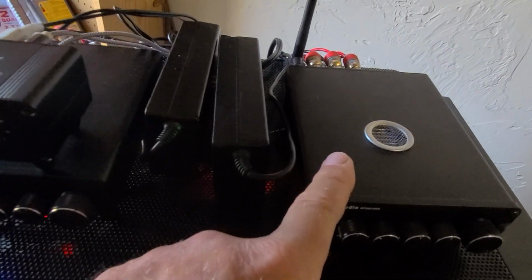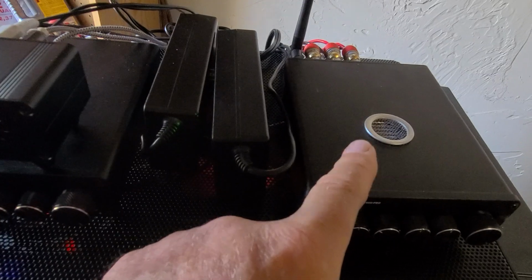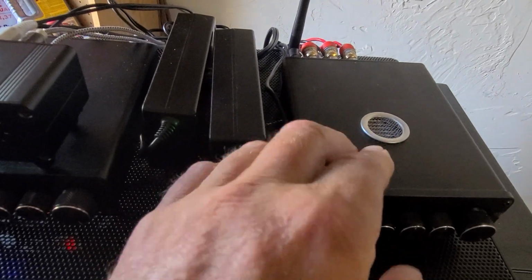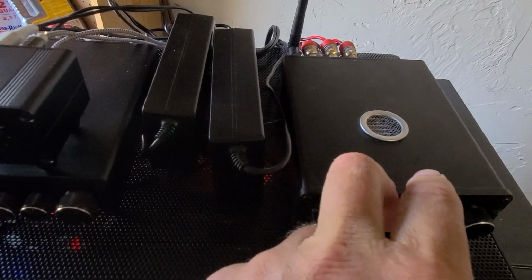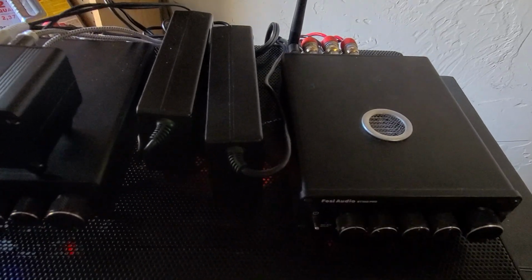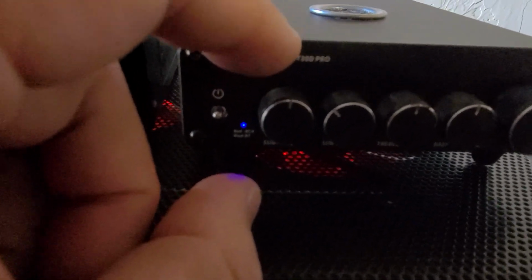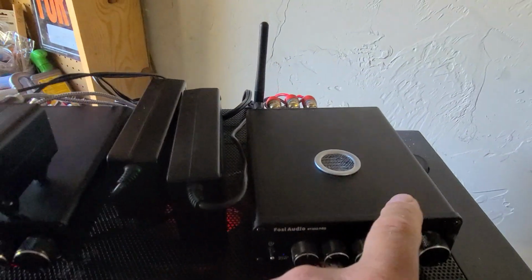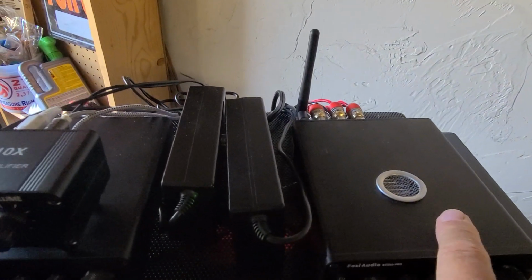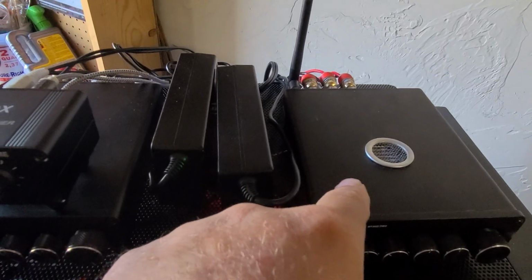These are big dogs. These are the twin TPA3255 Texas Instruments chips in here. Most of them come with 1 chip. These ones actually have 2 chips in here, because it's actually 2 amplifiers in one, because these have subwoofer output power for passive speakers. So it has to run 1 chip stereo for stereo speakers, and then 1 amplifier is bridged for